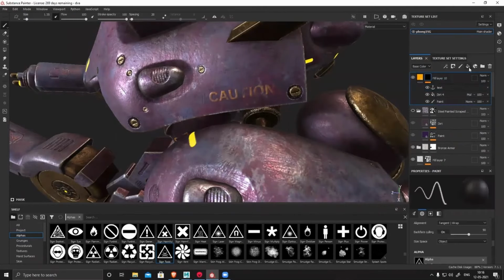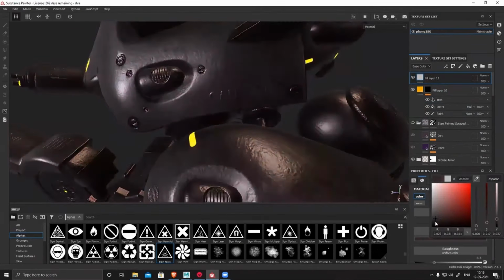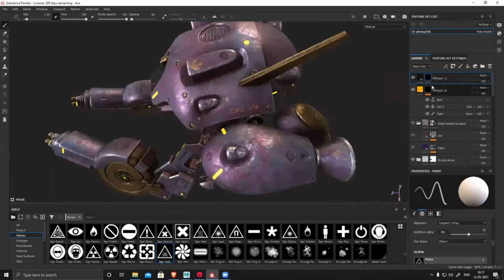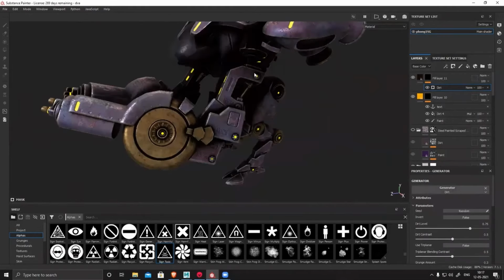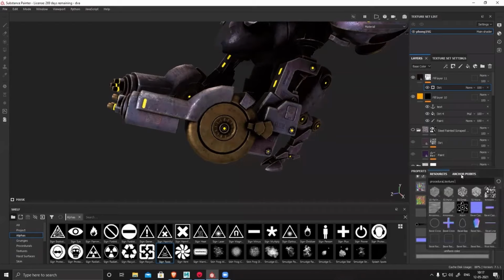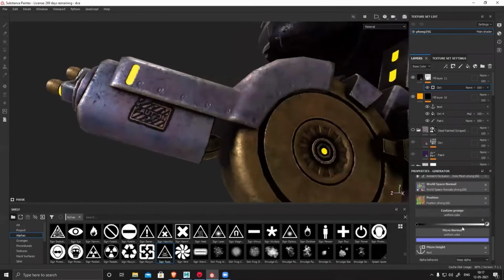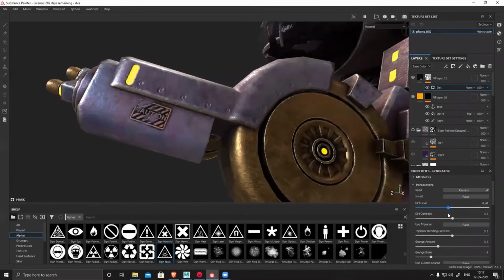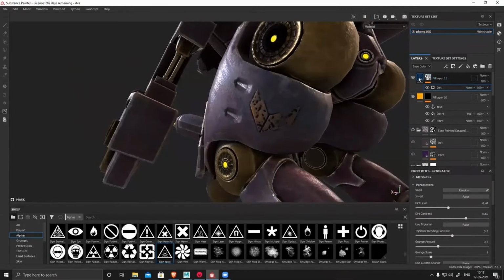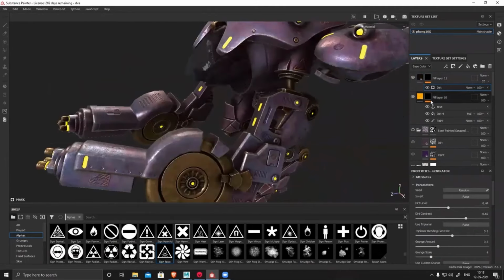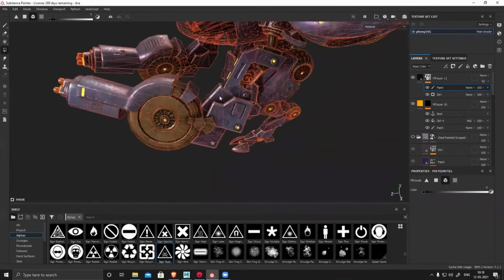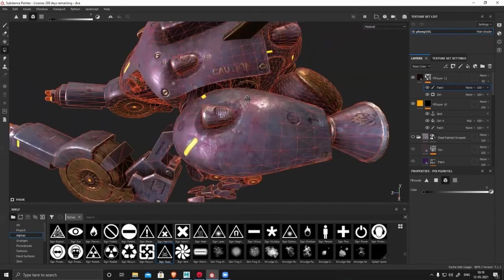But still you can see there is no dirt around it, because I have added a little bit of height there, so there should be some amount of dirt also. So I'm going to add a little bit of dirt. I use anchor points again and reduce the intensity, and wherever you don't need it, mask it out. You can see I'm masking it out wherever it's not there.